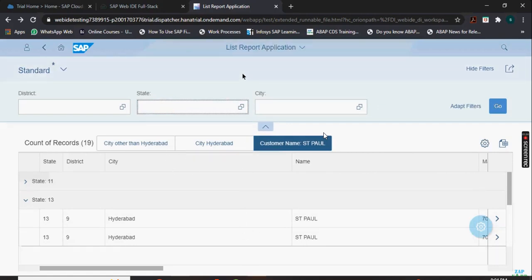Now I'll just show you the code that was used as a part of this CDS view. So the code that we used was,